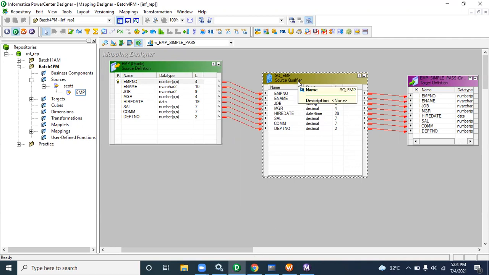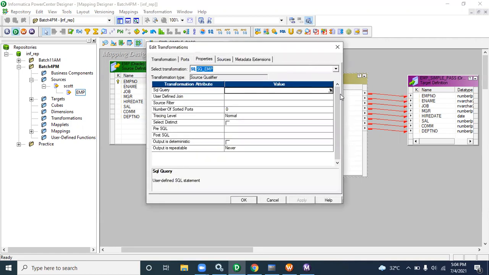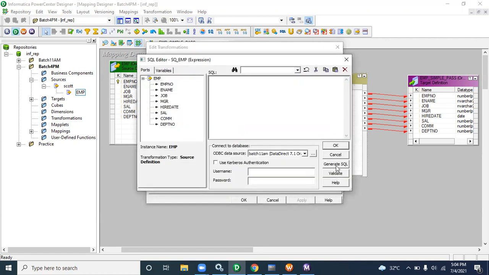Yes. Now we can check practically. If you are disconnected, you can reconnect again. So we can see what things you can implement in the source qualifier. In the properties tab of the source qualifier, directly see generate the SQL. I can write generate the